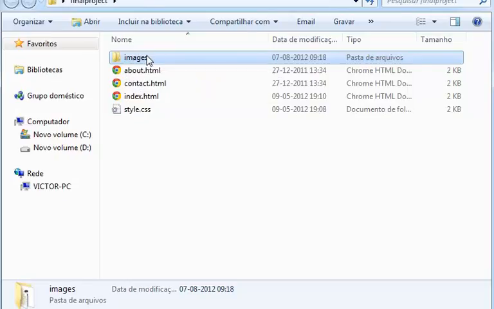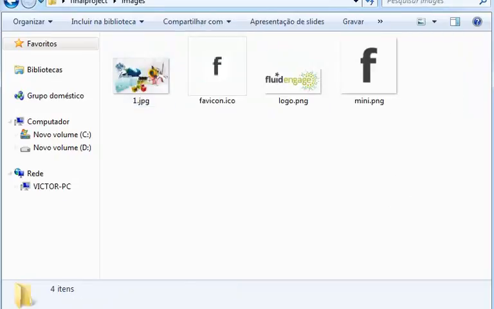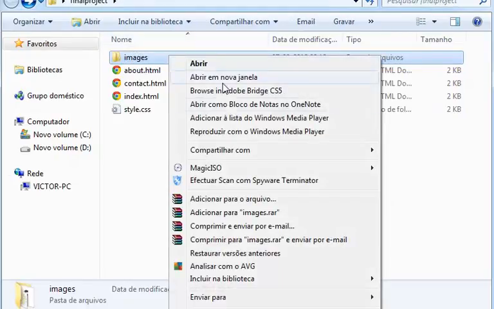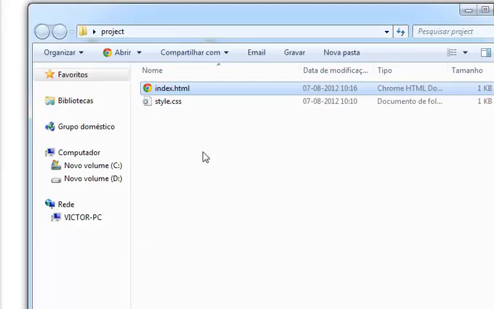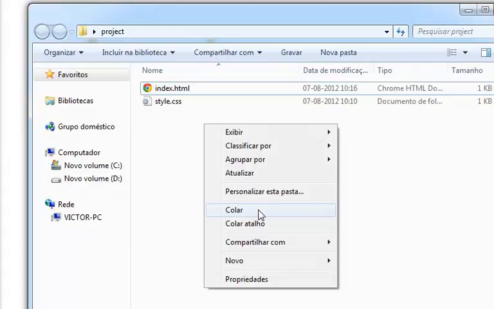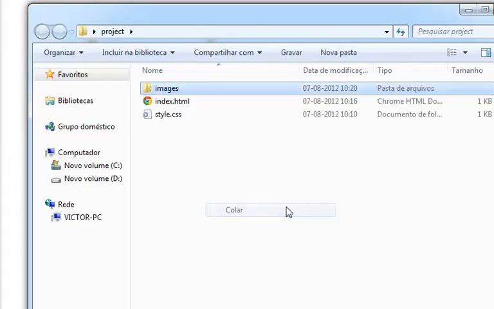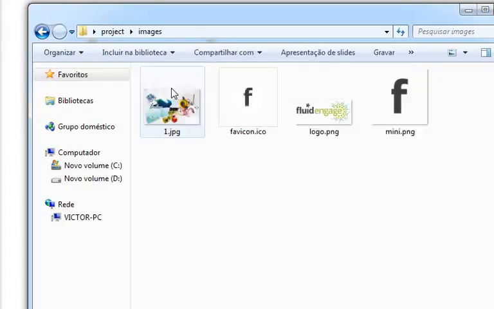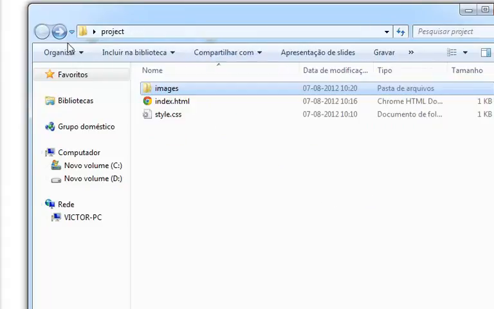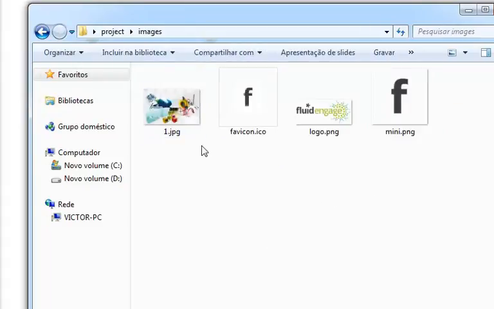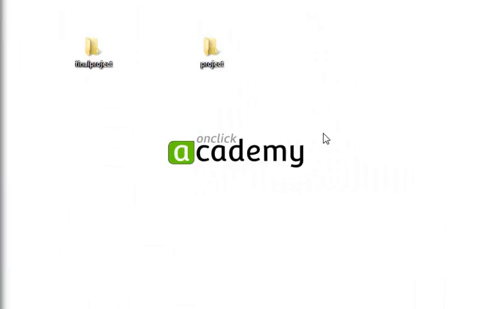And I have images, so you have to go to images, or you can copy the folder images and paste it in your new project that we are creating here. Okay, so all the images are here now. Perfect. And we're going to use this one.jpg image. The name is one.jpg, so I'm going to use that